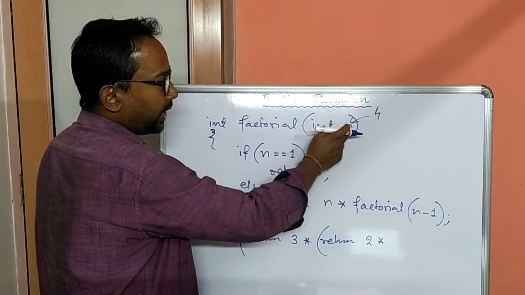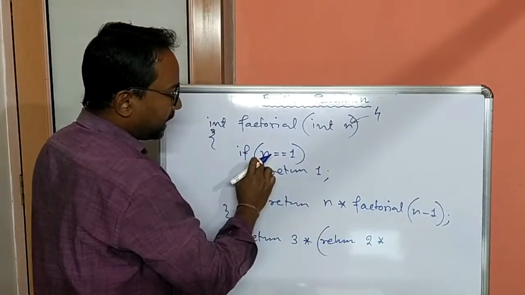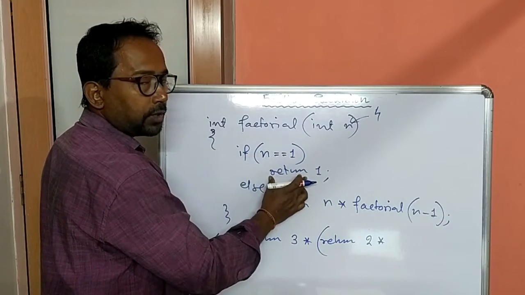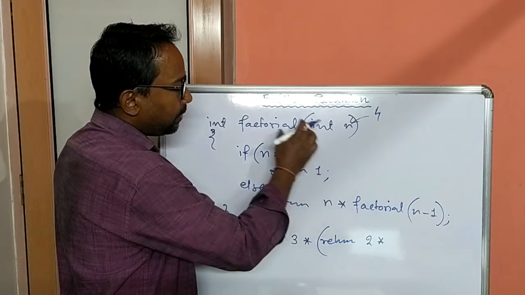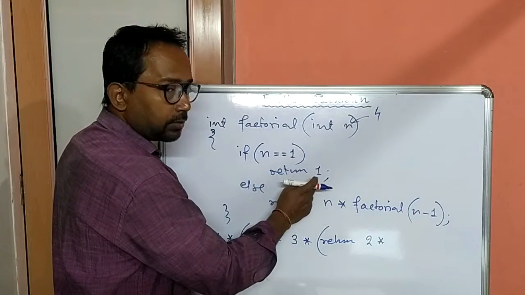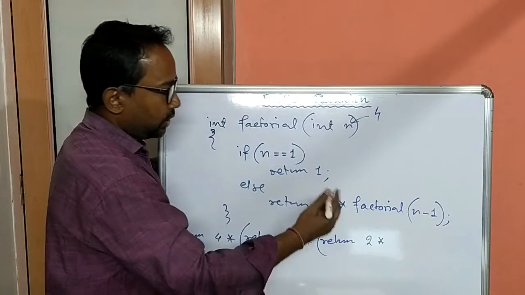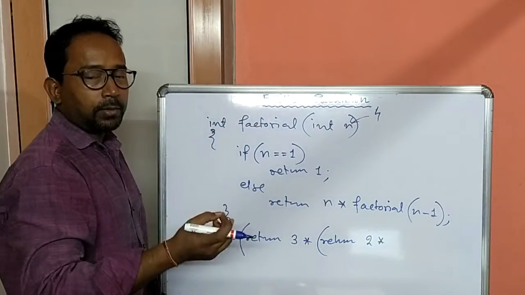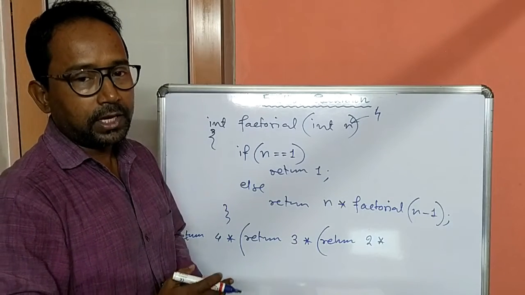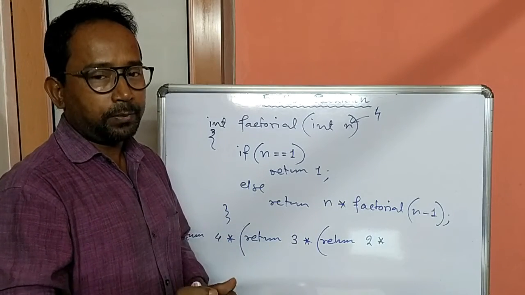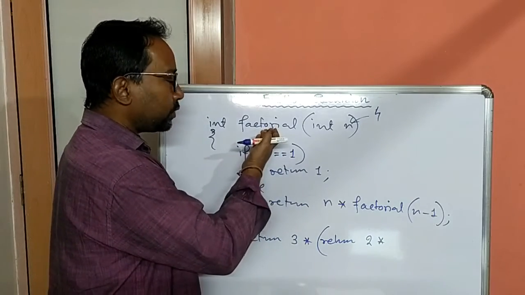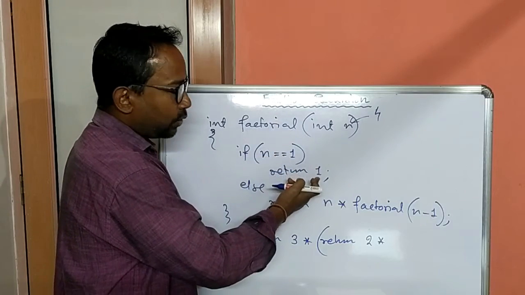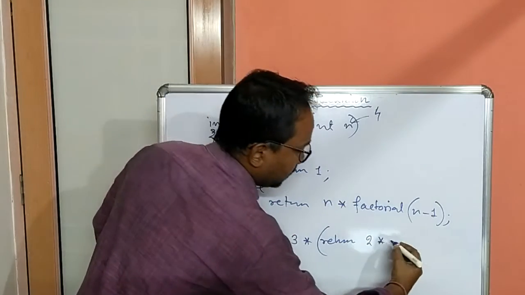Control is coming here. Now n is getting 1 from this call. So n is equal to 1, true. Now as this condition is true, this return statement will execute. So we are not making any more call for this factorial function, and this return statement will return this 1 to its last call. So this 1 will come here at the place of this call statement, because we know that whenever we return any value from a function, that return value replaces the call statement in the caller method. So here my caller method is factorial and called method is also factorial. So from factorial, when we are returning 1, that 1 will replace the last call of factorial function, which is this one.